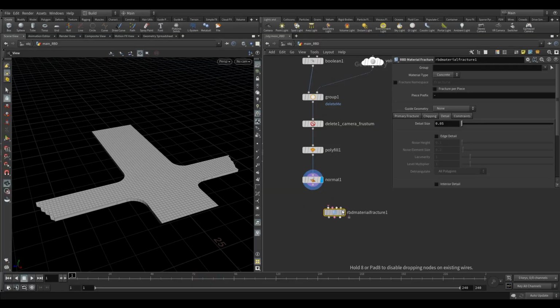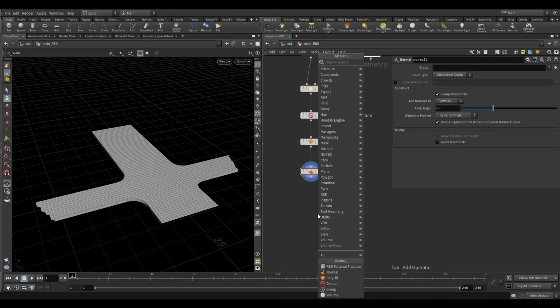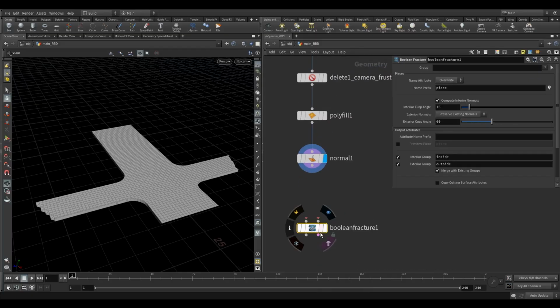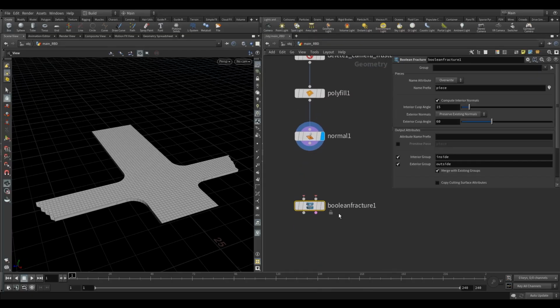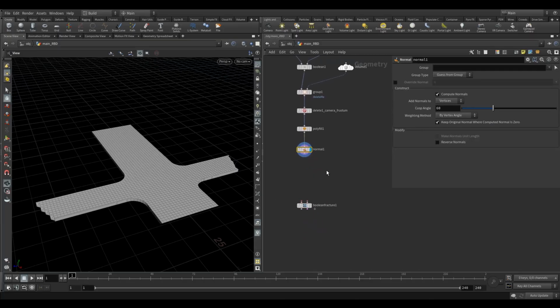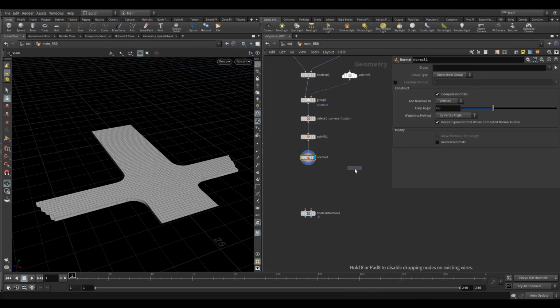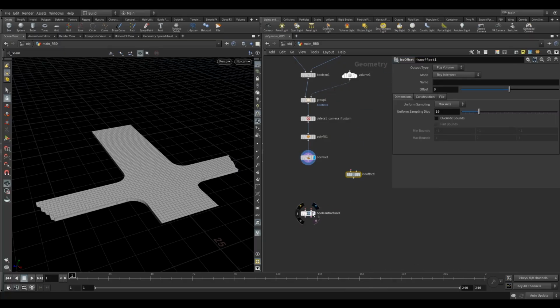So we will be using this again in other projects, but for this one, I'm going to be using the Boolean fracture, which is also new, I think, in 2017, because it's pretty much just a Boolean, but it sets up your constraint geometry as well. I think that's the only difference. So the workflow: we're first going to set up some cutter geometry,